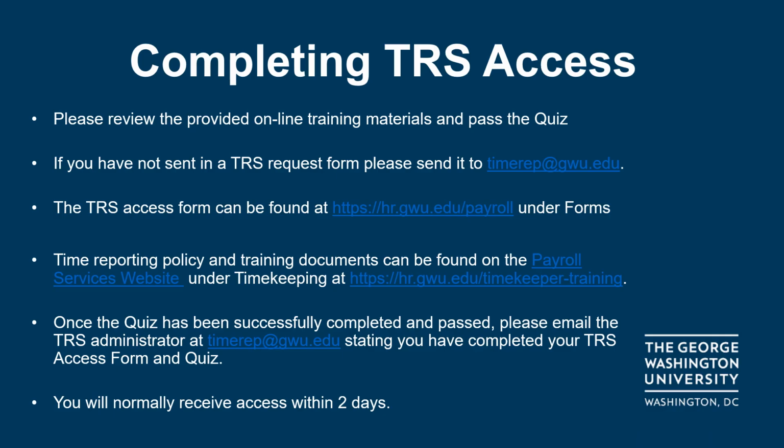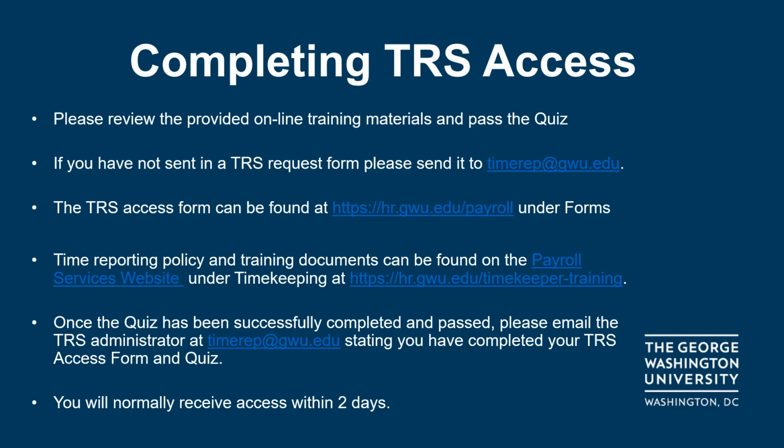Completing TRS access. Please review the provided online training materials and pass the quiz. If you have not sent in a TRS request form, please send it to timerep@gwu.edu. The TRS access form can be found at https://hr.gwu.edu/payroll under forms. The time reporting policy and training documents can be found on the Payroll Services website under timekeeping